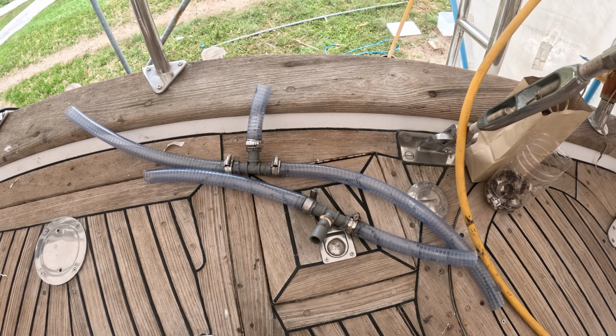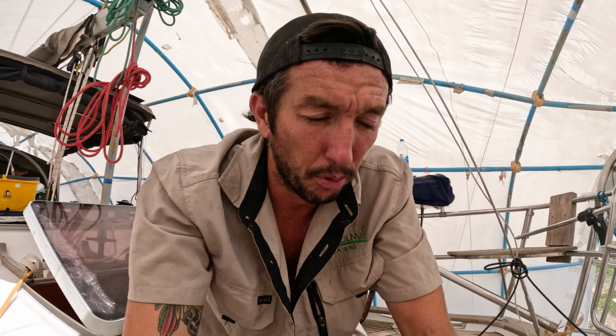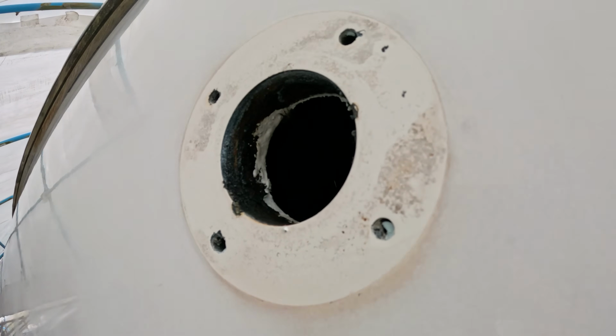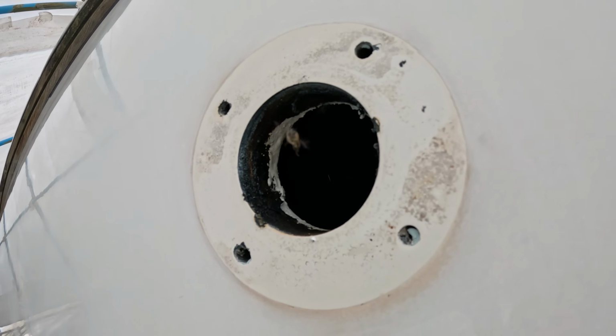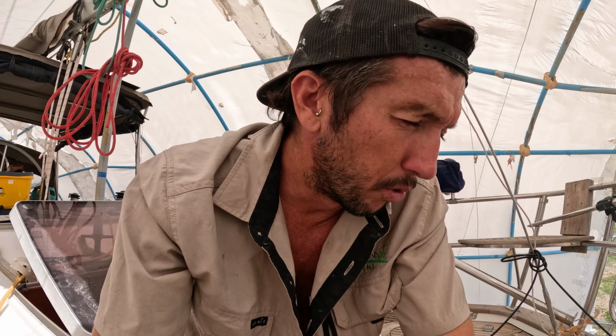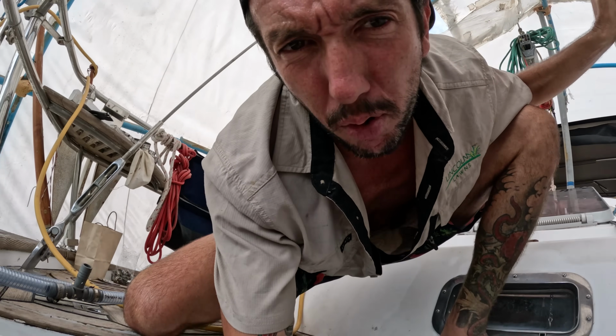Changing all the drains in the lazarette through these three hatches, the little shower wash down. I reckon that's what caused part of the damage, through blocked drains. Anyway, we've done a full overhaul on the lazarette, painted it, fixed all of that water stuff, and also got the exhaust outlet out at the moment because the stainless steel for the riser and the through hull bit were just super rusty and not very nice. The last thing I want is a hole in the exhaust. So we've had all of them pulled out, which leaves a big gaping hole in the side of Nandji 2.0. I was in there this morning putting these drains back in. Except when I jump in, we'll just have a little bit of a tour. You know, lovely big hole. And then over here on the port side,